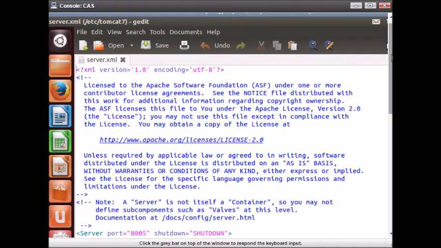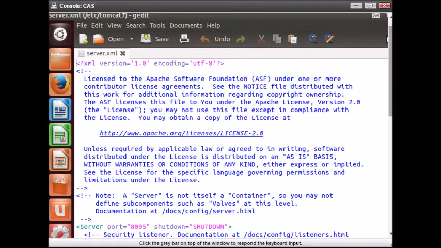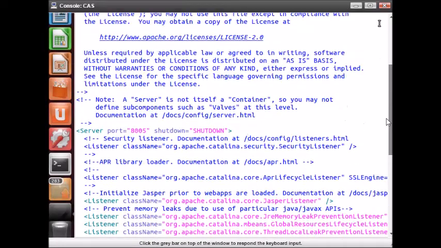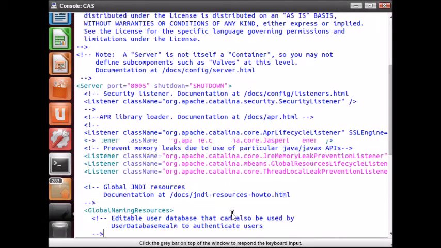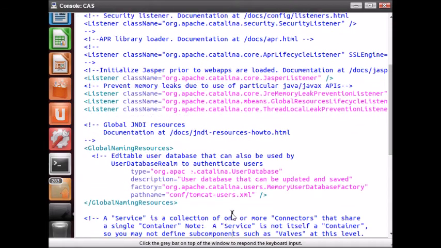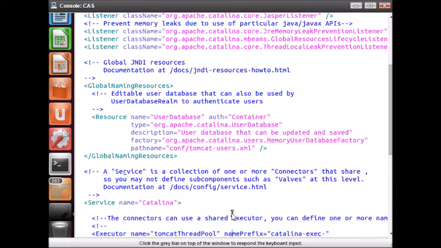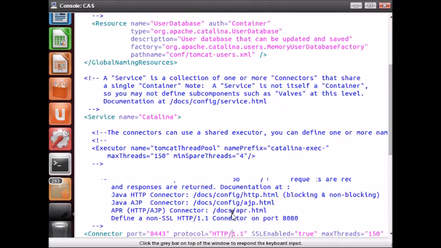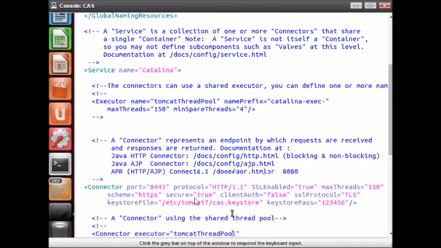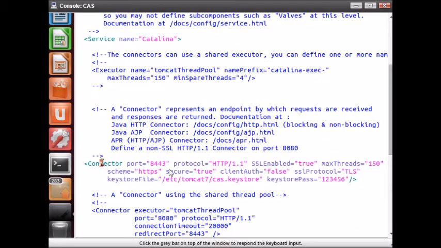So now we have set up. This is a server XML file. Here we specify the connector port by giving the path and the password, path of the key, like this, processing the protocol, SSL threads, client auth.